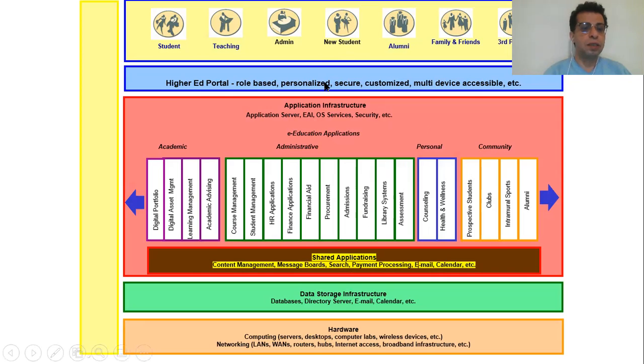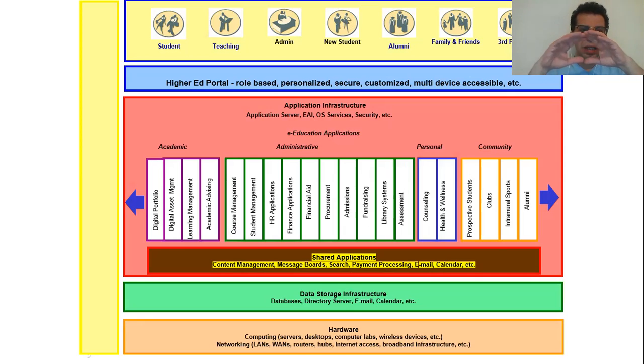It has to be personalized: my name, my address, all my personal information there. I can move things around, keeping things that are important for me in the front, and less important things down or on a smaller icon. Definitely it has to be secured. It should also be customized and usable on multiple devices, like mobile, laptop, tablet, and desktop. These are the things I look at when selecting or evaluating software for our system.